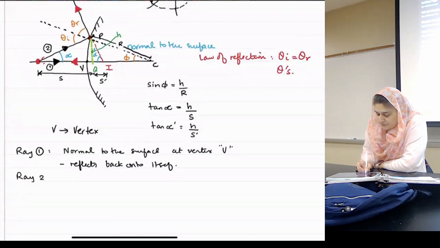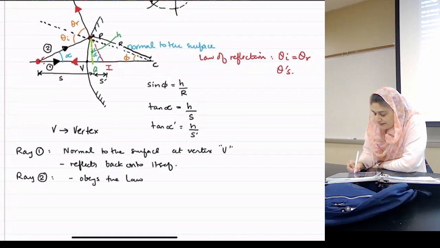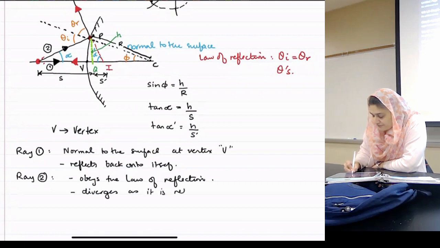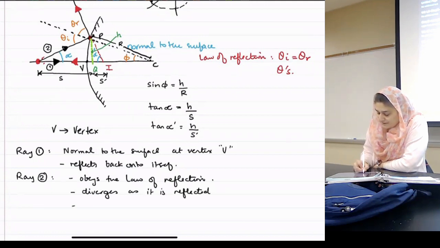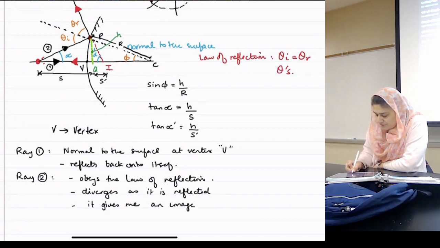And for ray 2, can I say that it obeys the law of reflection? It diverges as it is reflected, and it gives me an image at point I,